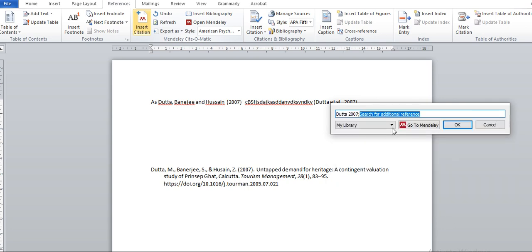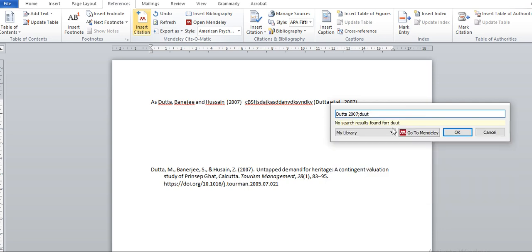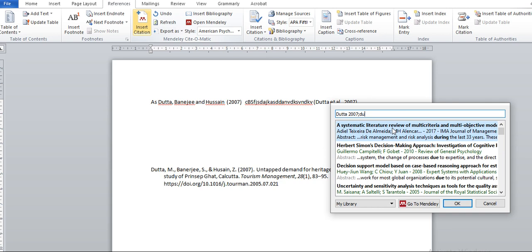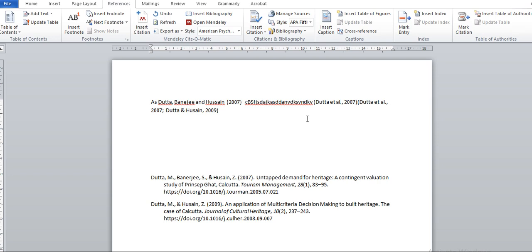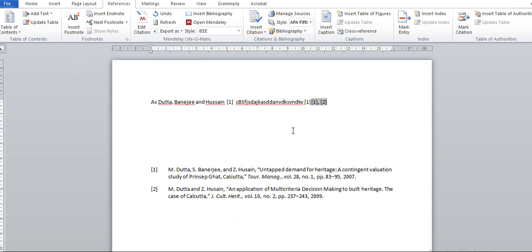and then there is another option. Now you can add more. So I add another paper by Datta, which is this, and I say okay. Now you see, this is the second part which I've added. So automatically it has put a semicolon and then the other paper. So you have 2 papers. So imagine if there are 5, 6 like this. So almost 2 sentences will be covered by just this. So the advantage of IEEE and the other style is that it saves space and it helps communicate in a very compressed manner.